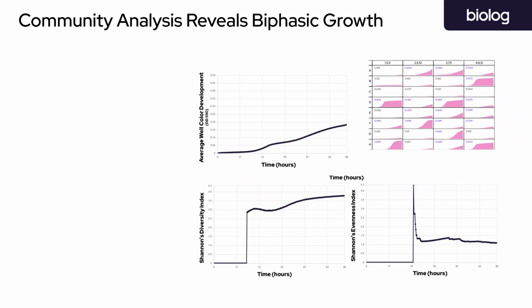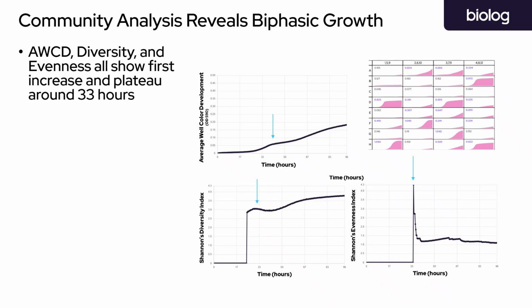Using prebiome M1 as an example, if we take a look at each of these curves independently, we start to see some trends emerge. So first, looking at average well color development, we can see that energy production picks up at around 20 hours before starting to even out. This is further reflected by the jump in Shannon's diversity, which means that several substrates are all being utilized. Pair that with the fact that the evenness index spikes and quickly comes down, we can see that while initial utilization is very uneven in a small number of substrates, the early use substrates quickly all reach the same level